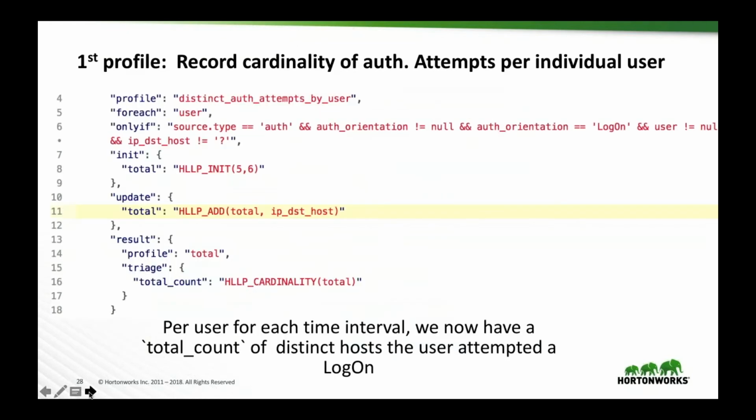And what I want to find out is, I care about, is a user on my system logging into more systems than some of the other users on the system? And so what I can do is I can create profiles that I can then use to create enrichments around that. So in this example, the first profile I'm going to create is for every single user within that window